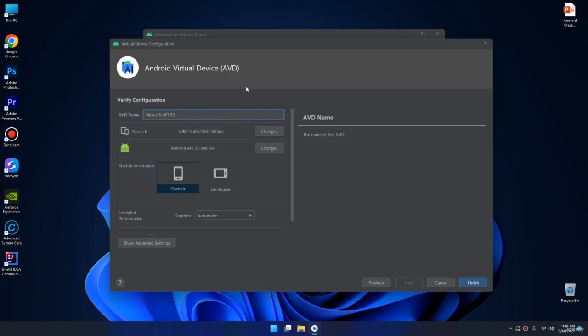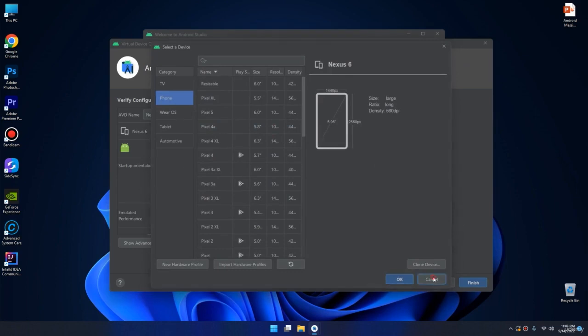Here we need to verify the configuration. In this screen, you'll be asked to verify the configuration. This screen summarizes the options you chose over the last few screens and gives you the option of changing them, and accepting the options by clicking on the Finish button. You can name your AVD, name your device whatever you want. You can change the density pixels,